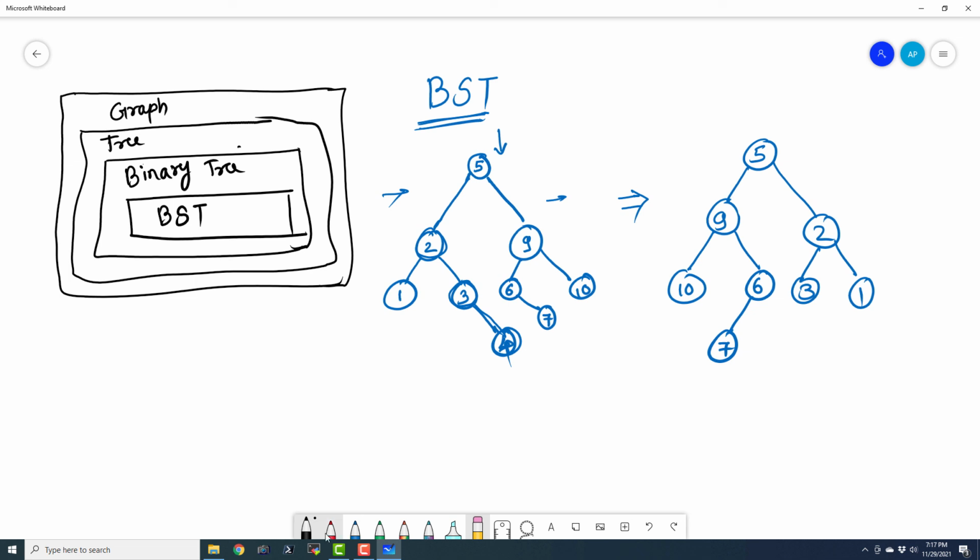And we can write a lot of programs with binary trees and binary search trees. So the data structure that we are going to use for binary tree is going to be the same as the data structure that is going to store the data for binary search trees. This is because only the insert method and the method for searching for an element will be different when it comes to binary trees as well as binary search trees. So in the coming episodes, we are going to see the implementation of algorithms for graphs, trees, binary trees, and binary search trees.